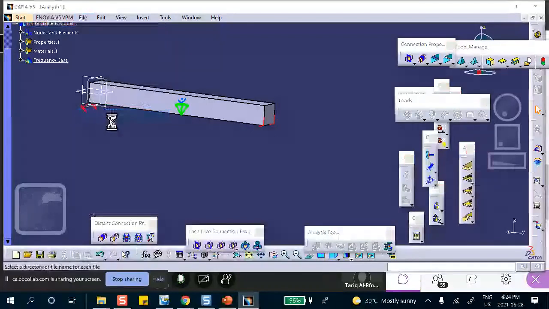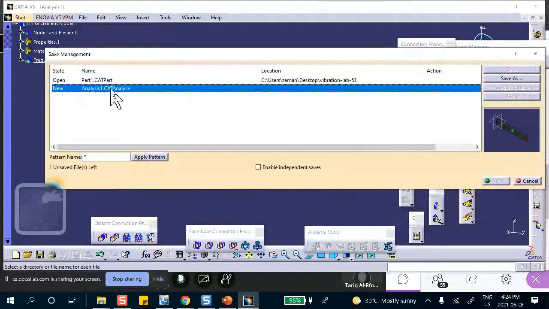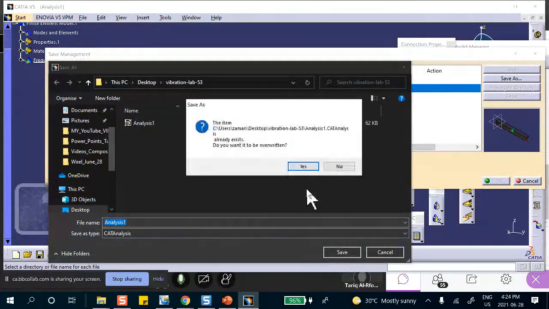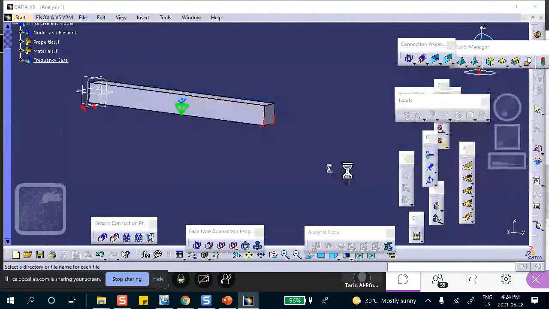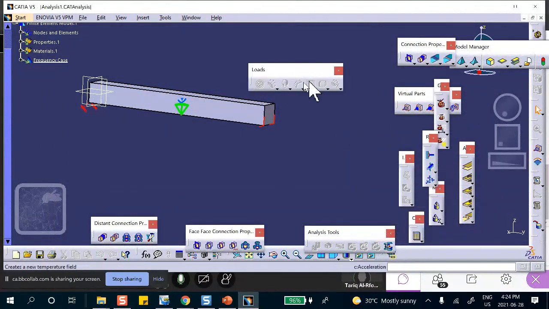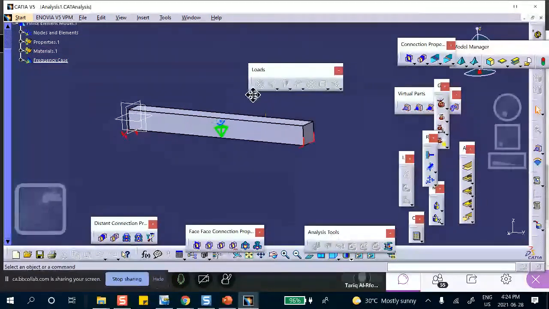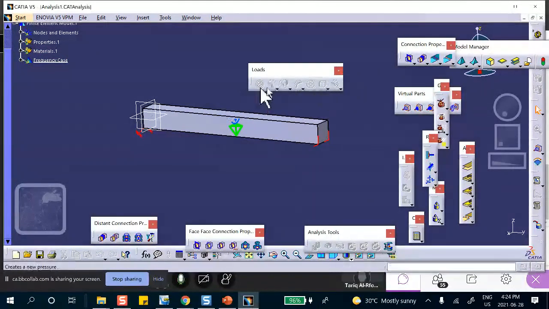Let me save this thing. File, save management. Remember, I already saved an analysis there, which I didn't want to. So I'm going to say save as, same name, overwrite it, basically. That's okay. I could have kept the original one too, because it's totally useless. Now notice something, that there is no load. You can't apply any loads, because when you say frequency vibration, frequency case means that it's a free vibration. Free vibration, you don't apply loads right there. Even if you wanted to, you can't do it.